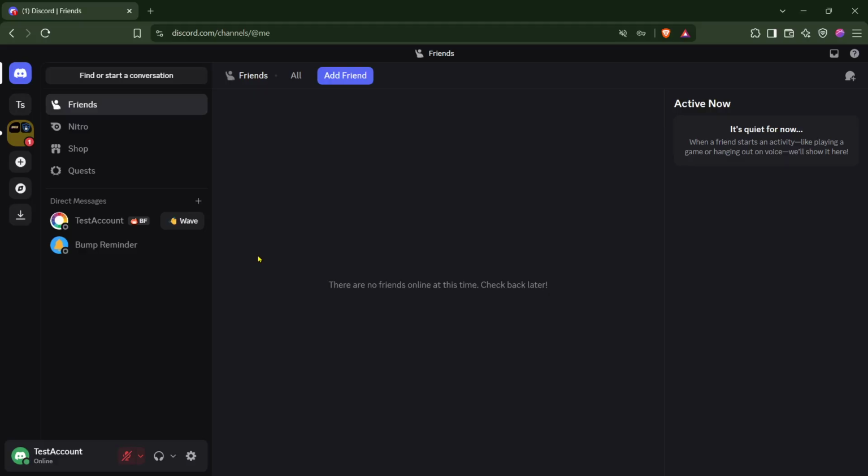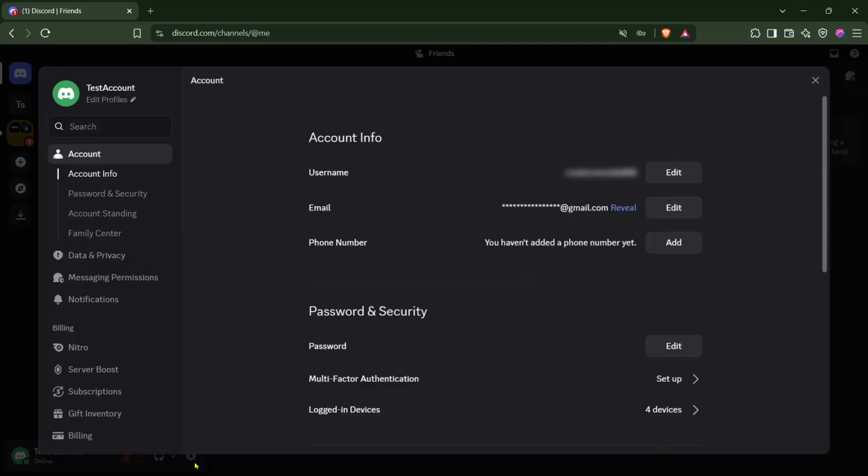The Settings window opens, overlaying your current view with a sidebar on the left showing all the available categories. In the Settings sidebar that appears on the left, click on Account to view your account security options. The main panel updates to show your account details, including your username, email, and various security settings further down the